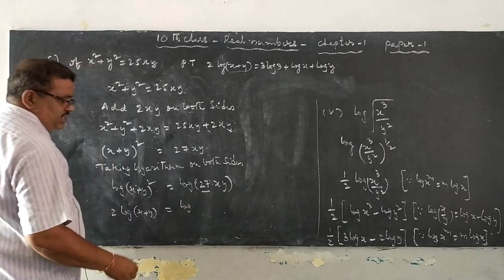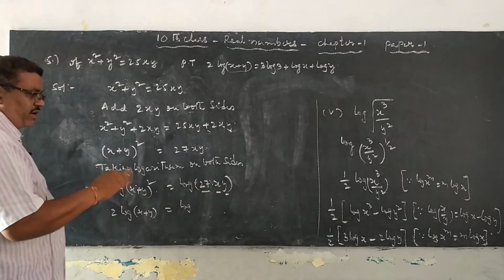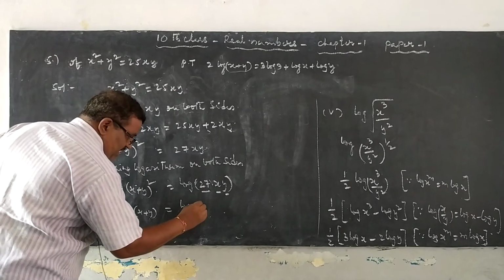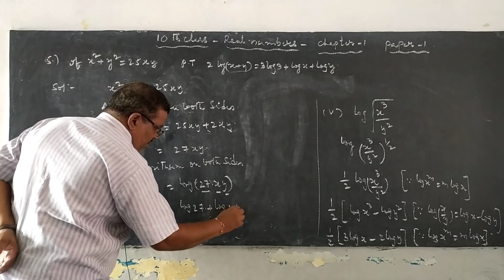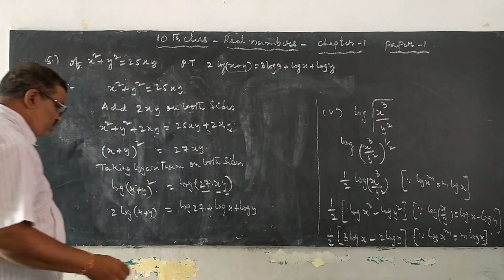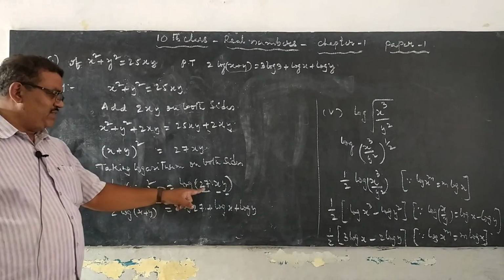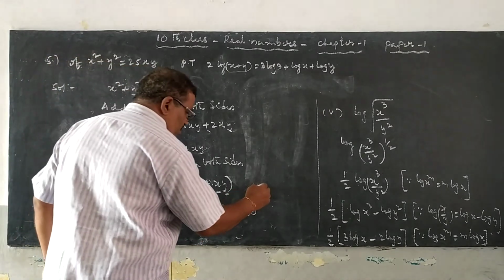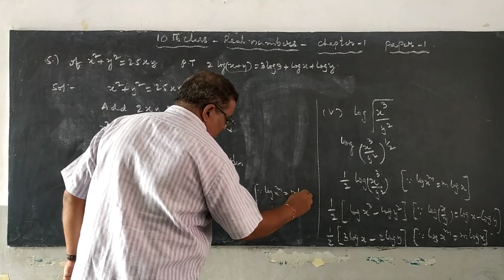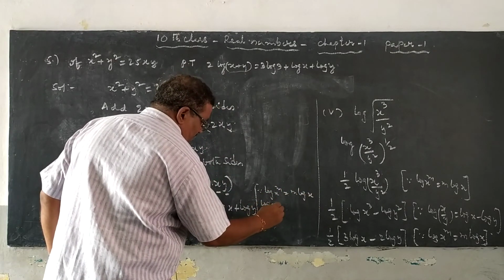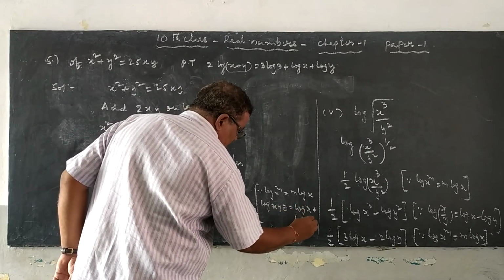See, this is a, this one is b, this one is c. Log a, b, c, that is in the pattern of log x, y, z. So log 27 plus log x plus log y. Here we wrote two formulas at a time. Log x power m formula applied in the LHS, log x, y, z formula applied in the RHS. So you have to think of both formulas. Log x power m is equal to m log x. Log xyz is equal to log x plus log y plus log z.